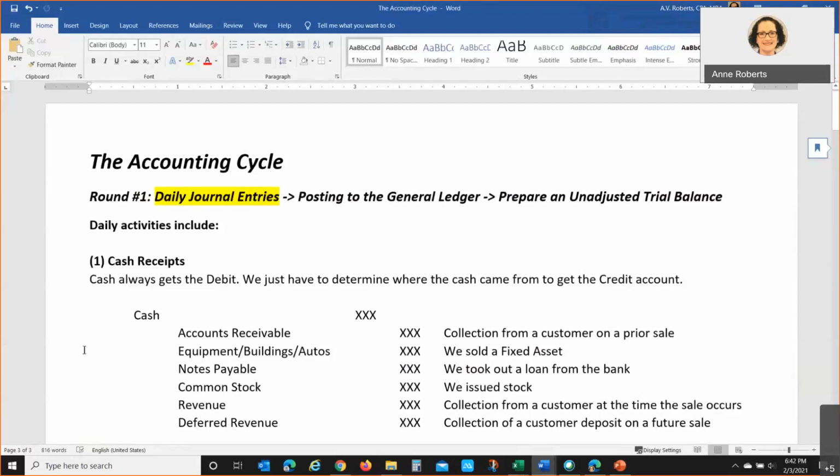Okay. So again, let's go back to that scenario where I was talking about carrying around your phone, recording all the transactions, things that you've spent money on during the day, things somebody gave you money for. We're going to write that down: who did it come from, what was it for, all that kind of good stuff. So if it was from your employer, we would write revenue. If we had to pay for lunch, that's an expense. If we had to put gas in our car, that's an expense. And we're writing all that down on our phone into something along the lines of what we call a general journal. Okay. So then